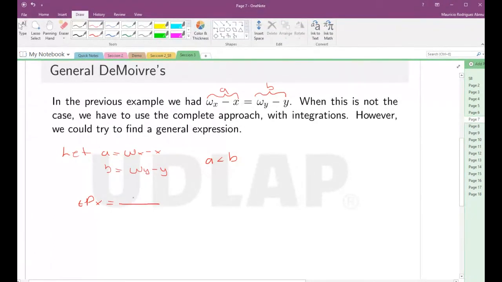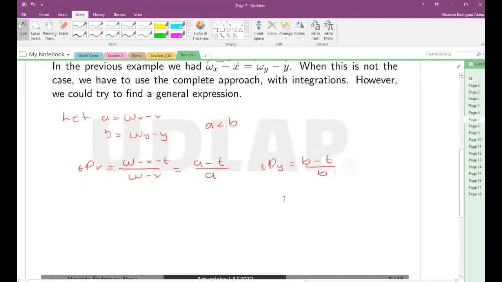Remember that this is omega minus x minus t, which translates into A minus t divided by A. And similarly for the second person, that would be B minus t divided by B. Now, for the joint status, essentially what we have is that the expected value or the life expectancy for these two